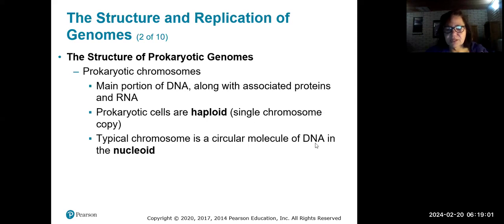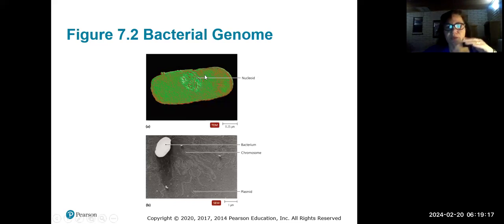And as I mentioned, oh yeah, here it is. So the DNA of the prokaryotes tends to be around a molecule that joins back to itself. It's a double-stranded DNA molecule. So here, if this is a transmission electron micrograph, think light microscope, but with electrons. So very, very fine resolution. The region where the chromosome is, that's the region that's referred to as the nucleoid.